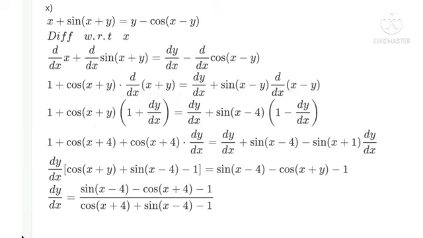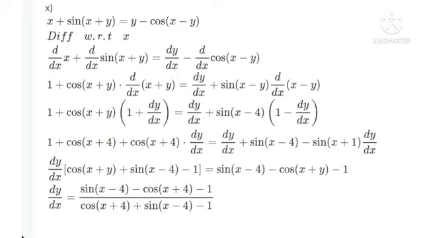So next term is 1, cos(x plus y) as it is. Here you multiply cos(x plus y) into 1 is cos(x plus y), and here cos(x plus y) into dy by dx is equal to dy by dx as it is. You multiply this, sin(x minus y), minus sin(x minus y) into dy by dx. Here there is a printing mistake. Here there is y, and here there is minus y.